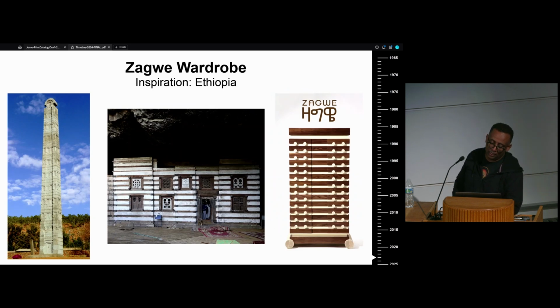The Zagwe cabinet is inspired by two architectural structures found in Ethiopia. The Aksum obelisk that you see on the right is about 2,000 years old or more. It's not very well known how it was built or who made it. It is made out of one whole piece. It's called a stele, which is actually the proper word, not obelisk. There are a lot of cave churches throughout Ethiopia, and this is one of them. This was a transition from the Aksum civilization to the Zagwe civilization. So it's a merger of these two northern Ethiopian architectural styles that I combined into the first cabinet that I designed after Wexler